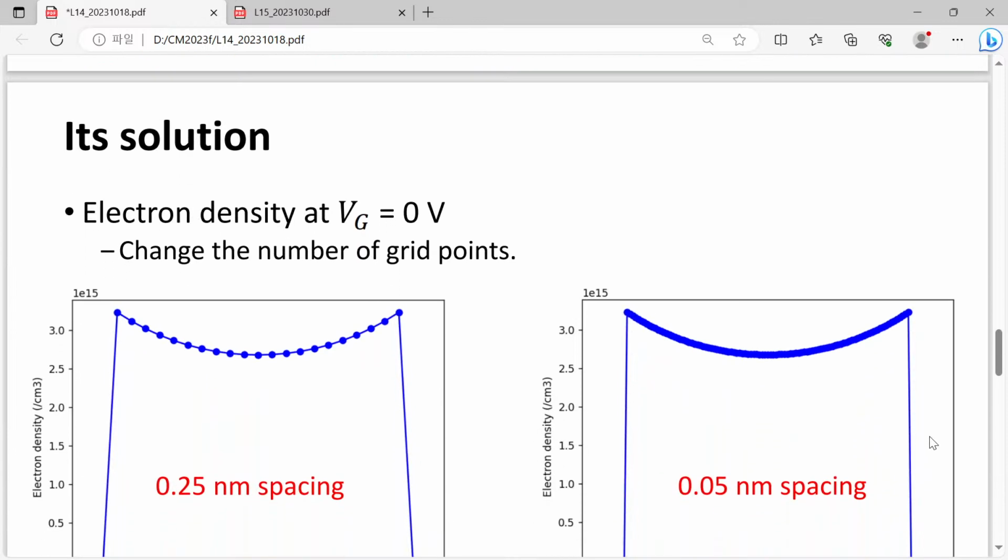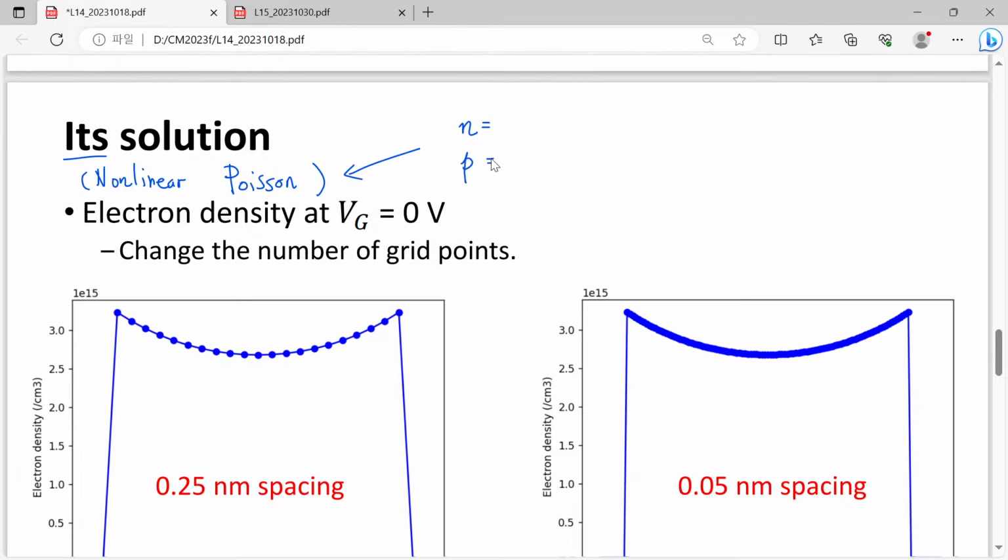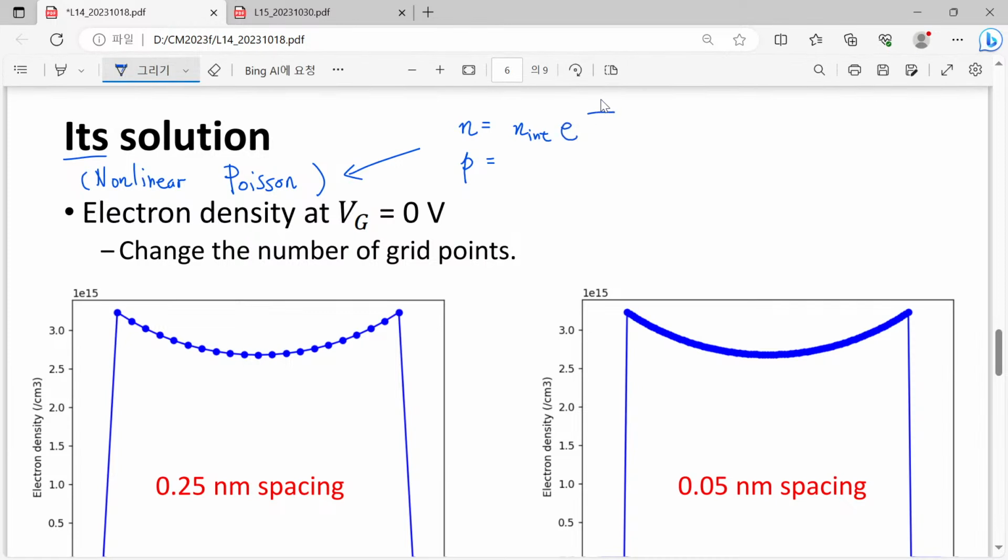So now we are currently talking about the nonlinear Poisson equation. Nonlinear Poisson equation, and why we call it the nonlinear Poisson equation is because electron density and hole density are expressed as nonlinear functions of what? Nonlinear functions of the electrostatic potential. So, for example, if you remember correctly, then this is the form we have adopted,